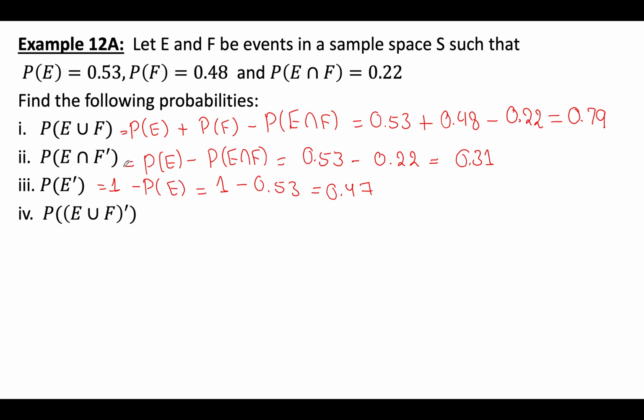Finally, the probability of the complement of E union F. So this is equal to 1 minus the probability of E union F, which equals 1 minus, we already got the union in the first question, which is 0.79. So 1 minus 0.79 is equal to